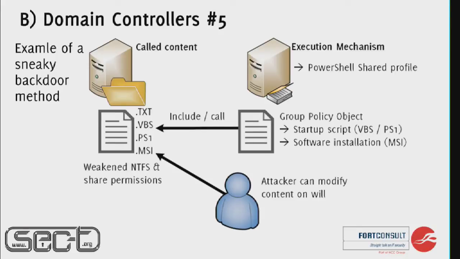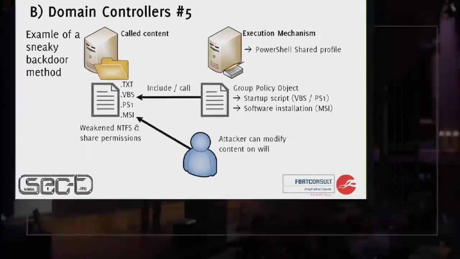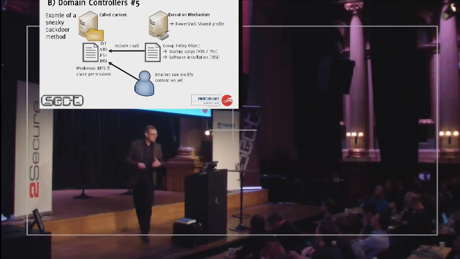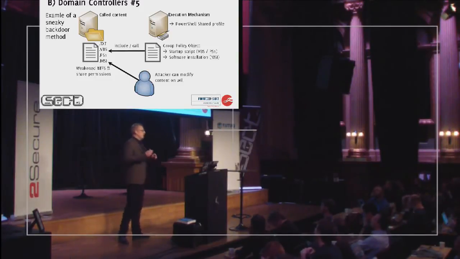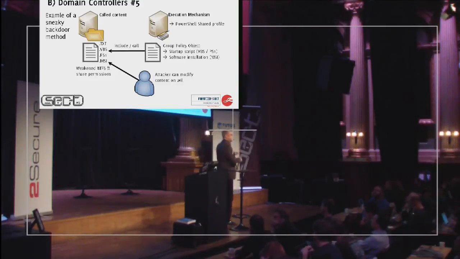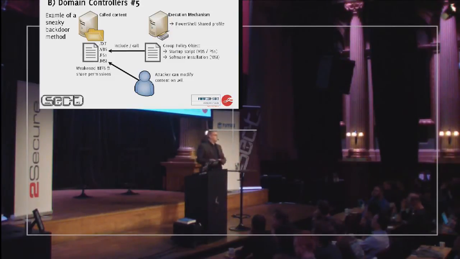PowerShell shared profile I'm going to show in a bit. And you could have like the local startup script running in the local machine context, software installation, whatever. And that could point to somewhere else in the environment, somewhere the attacker can control. So let's say I'm not in any group, I'm not at the domain controller itself, I only configure this functionality and the pointer out to some files here where I will make sure I have share and write permissions to